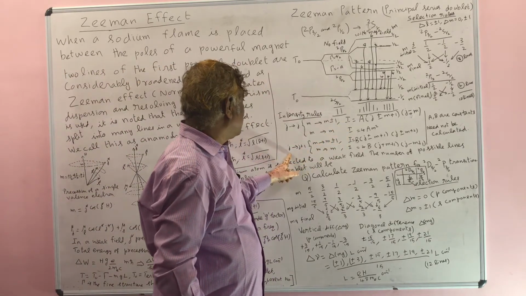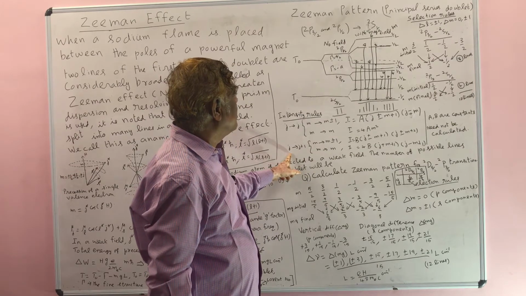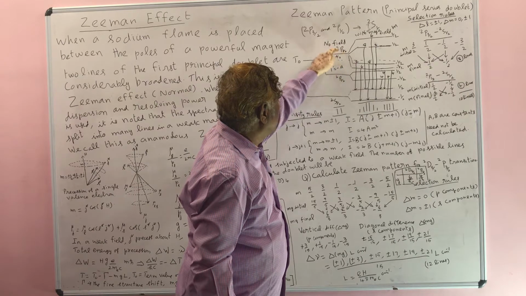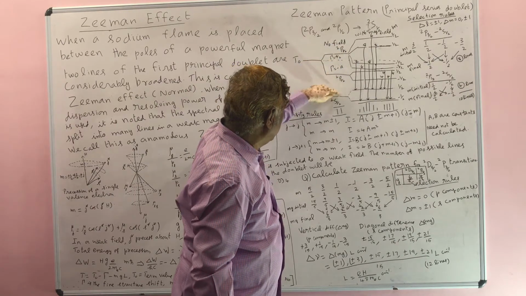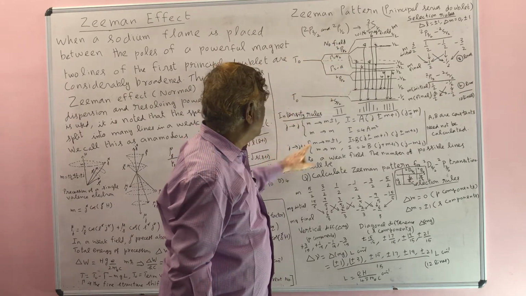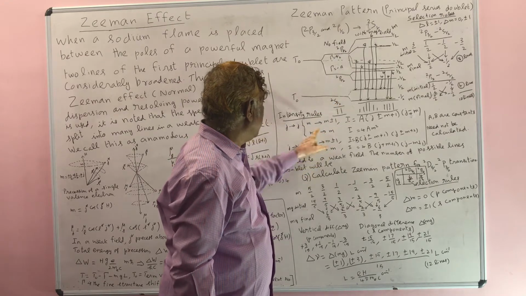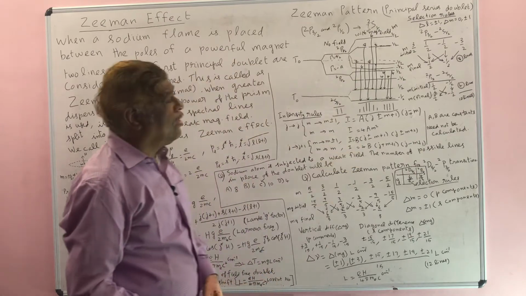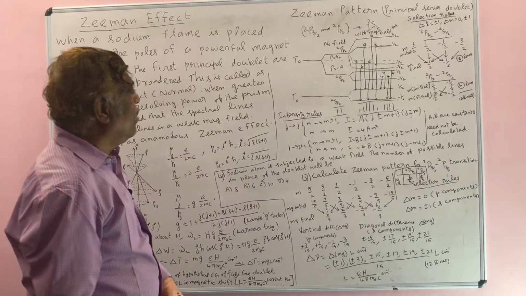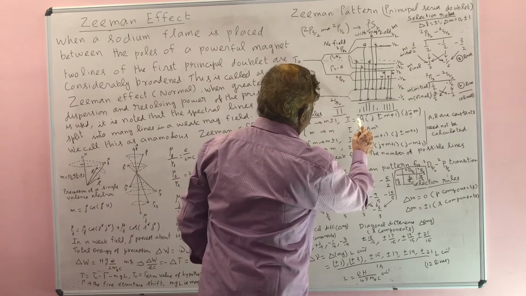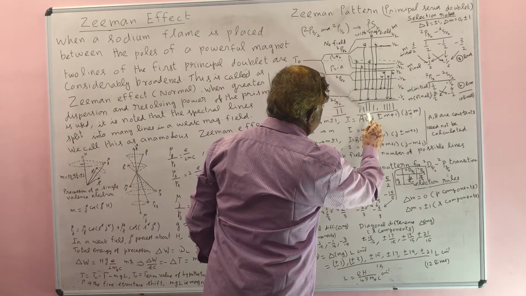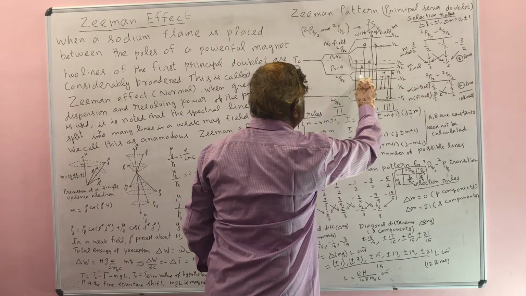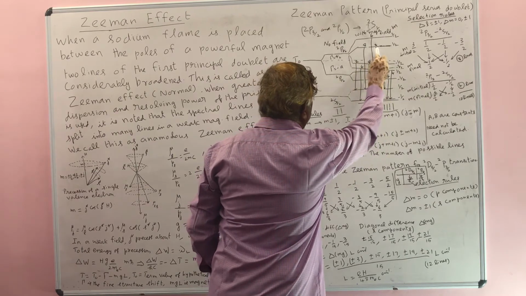Similarly, the transition is from J to J plus 1. This is J and J plus 1 is 3/2. So if there is a transition from here to here, then you have to use J equal to half, and depending on the value of M that you are choosing in this line, you have to find the value of the remaining lines. So here you are getting the intensity. This is 8 units for this line, 6 units and 6 units. Here this line, 2 units, 2 units.